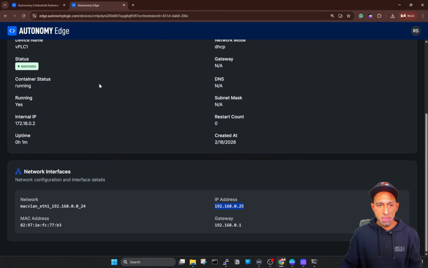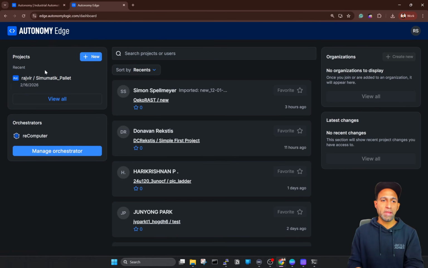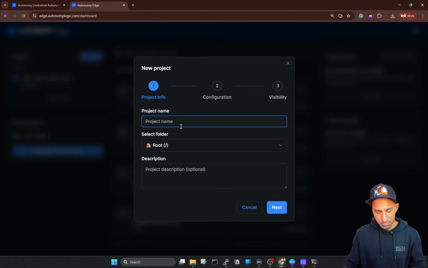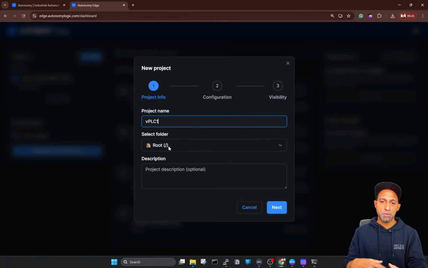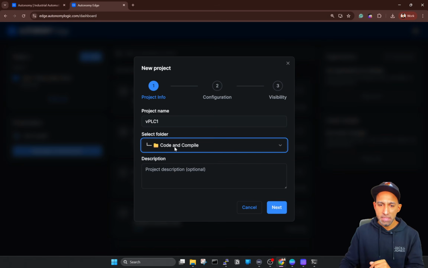Okay. Now we come back, click on this Autonomy Edge here. Now we create a simple project. And then I will show you my simulated project with the simulation factory. So let's click on create a new project. Project name, I will put virtual PLC 1. You can give any name that you want. You can define where this project should be located. Is it in the root folder? Or you can create a new folder that I actually created before, not a big deal, and select that folder,